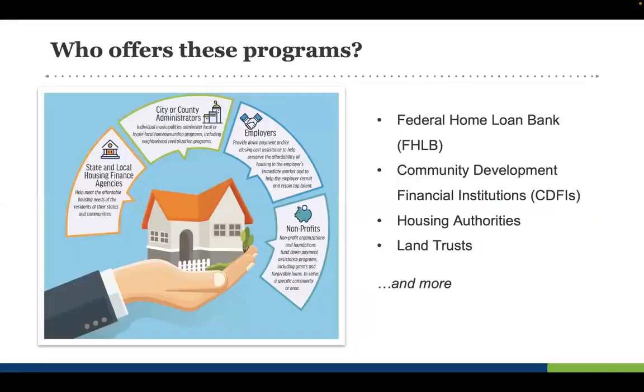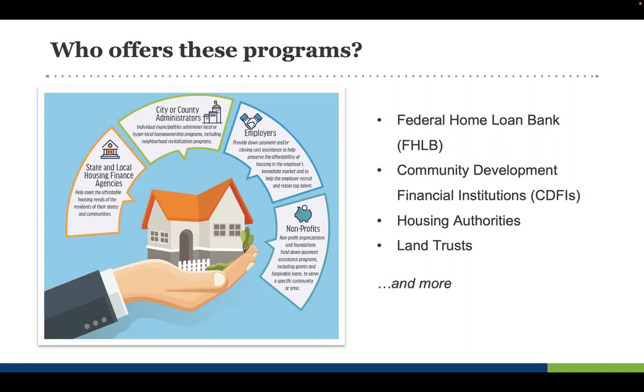These programs come from state and local housing finance agencies. Every state has at least one state agency that offers affordable first mortgages, down payment assistance, and sometimes mortgage credit certificates, those tax credits. But we also see programs from municipalities, cities, counties, right? Employers, I just mentioned them a moment ago, sometimes will offer down payment assistance to recruit or retain employees. There are housing nonprofits all over the country that, in addition to services like homebuyer education or housing counseling, may offer down payment assistance as well.